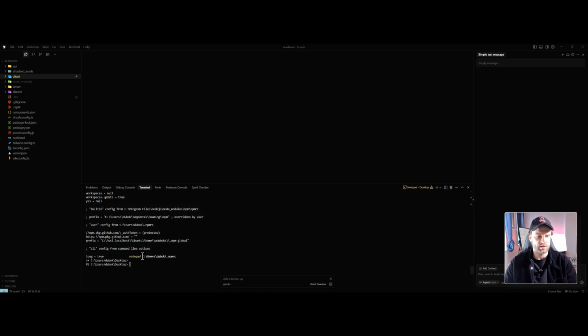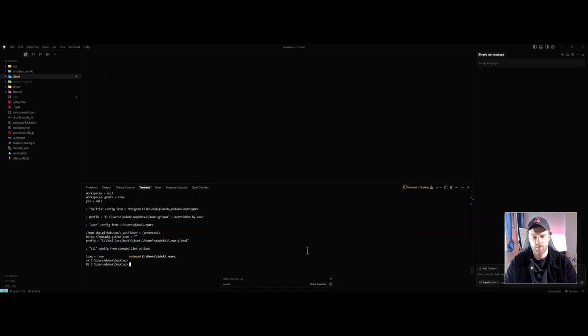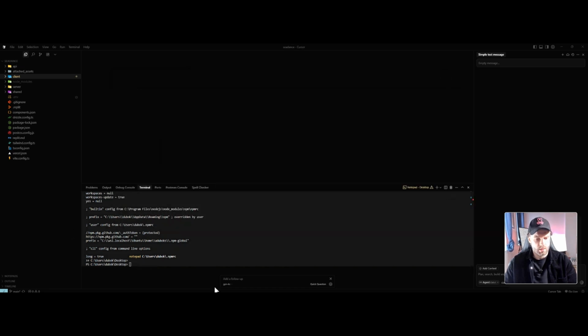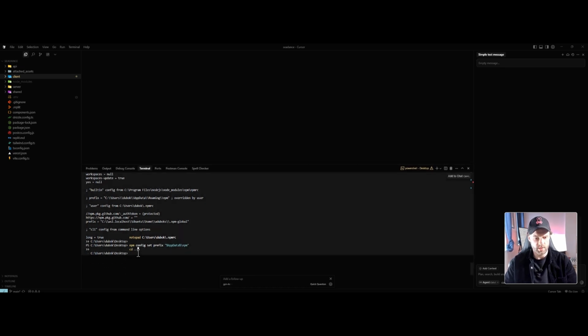So essentially, I need to first clear this one here. We need to delete this one right here, the prefix, like this. Now we're going to save that. Now we should be good to go, guys. And now we're just going to make sure we preset the right npm prefix. Now we should be able to create the